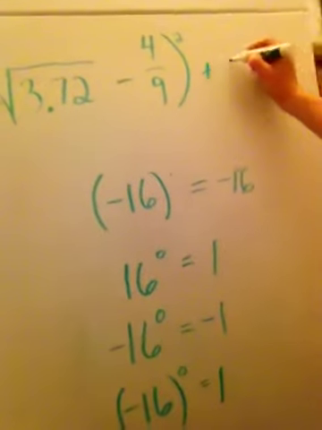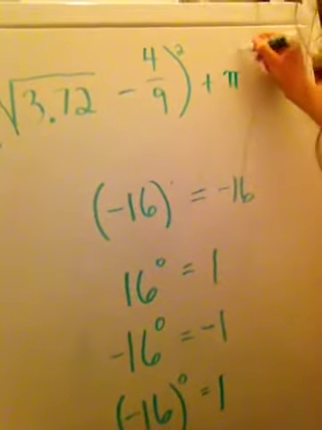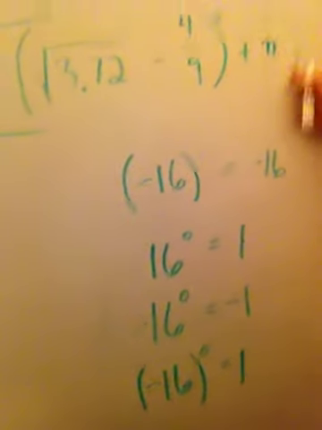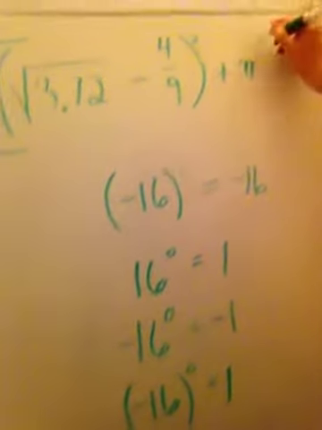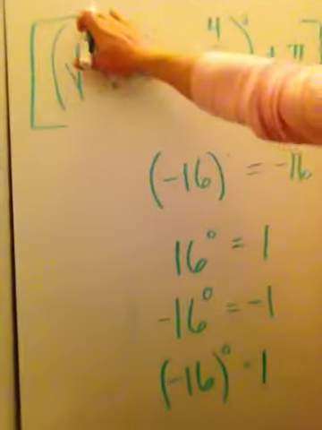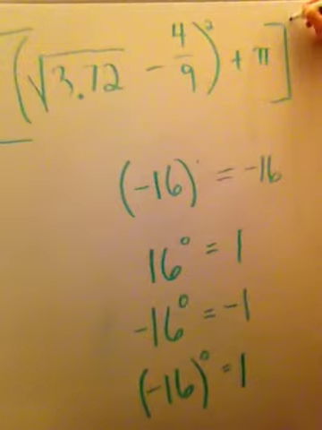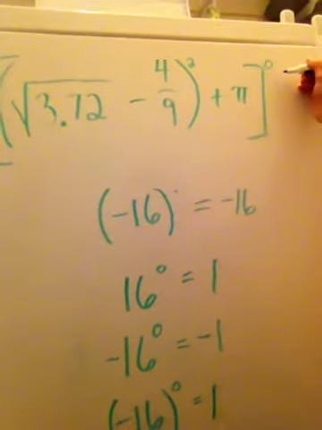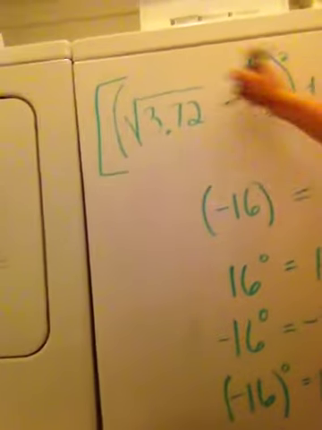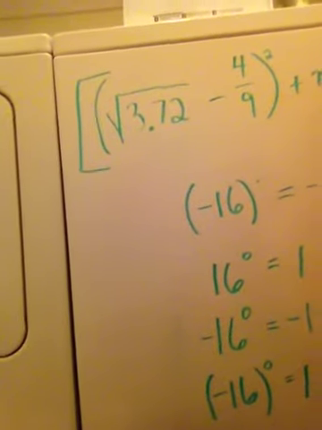That'll make it crazy. If I put all of that in these brackets to the 0 power,